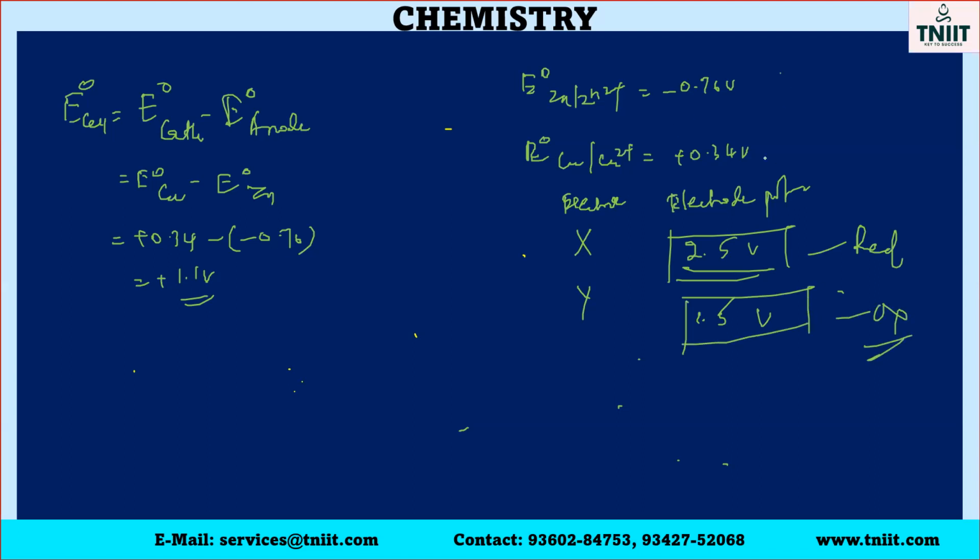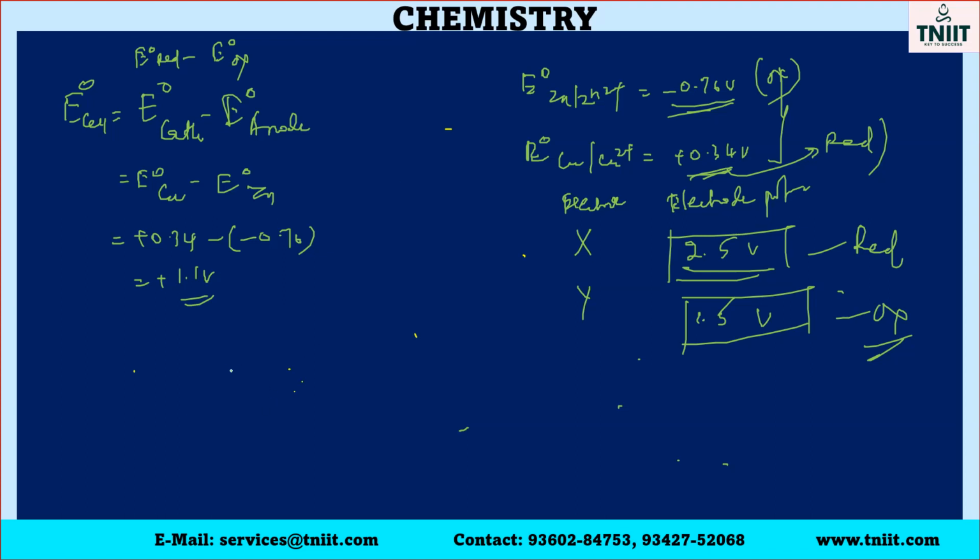You can observe here also minus 0.76 and plus 0.34. The larger will undergo reduction. Reduction normally happens at the cathode. So we can write this also as E naught of reduction minus E naught of the electrode undergoing oxidation. The smaller the value of electrode potential, it will undergo oxidation. Do not forget this. In some of the questions, they will give you different electrodes, and you should be in